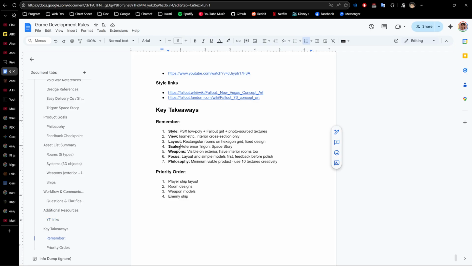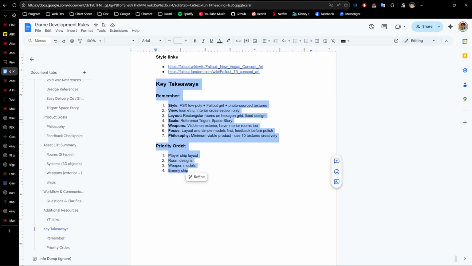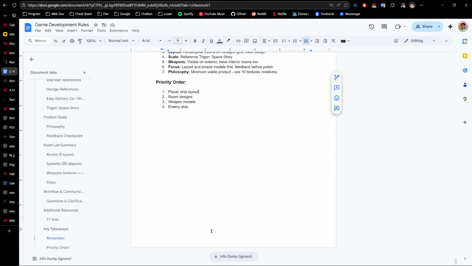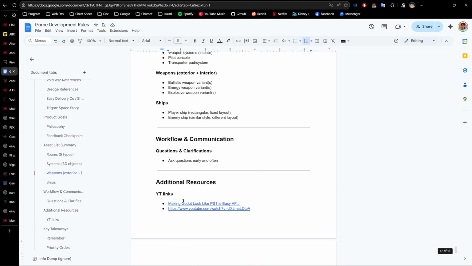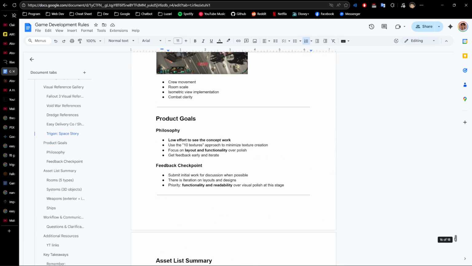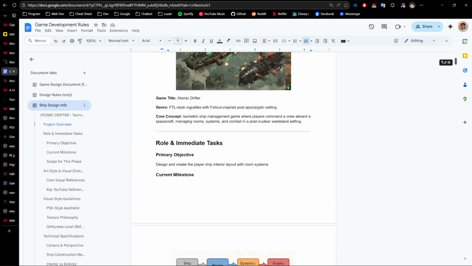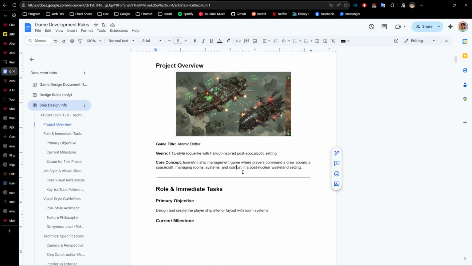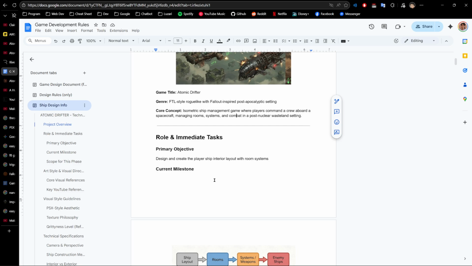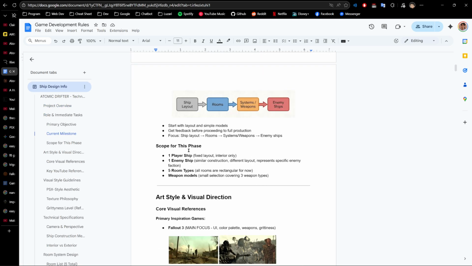And then the shortened version. So yeah, this is draft 1 of our ship design document. Maybe we could add more images, or maybe we could change the structure, but this is what we have so far. And this is it for my